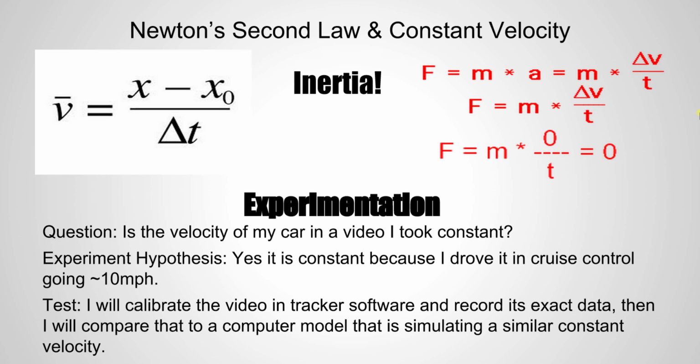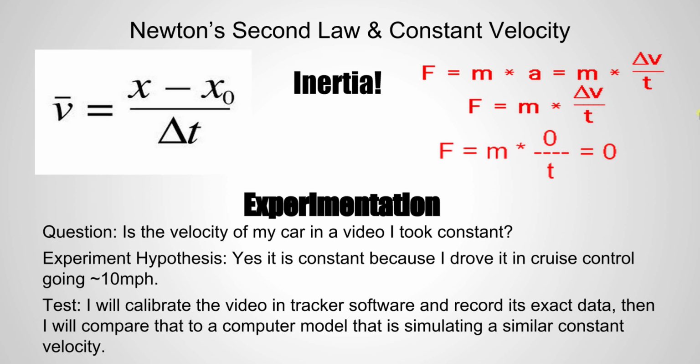Now, let's think about Newton's laws of motion. Newton's second law is that force is equal to mass times acceleration. If you further expand this by defining acceleration, you see that force is equal to mass times the final velocity minus the initial velocity over the change in time. If you plug the stats of an object going at constant velocity in this equation, acceleration would be 0, and 0 times mass would also give you a force of 0. This explains Newton's first law, inertia, because it states that an object in motion will stay in motion unless another